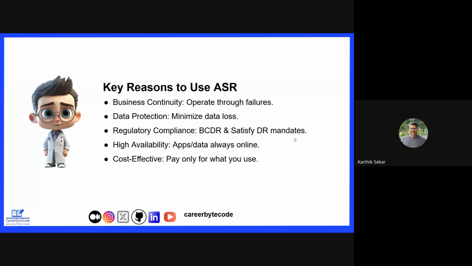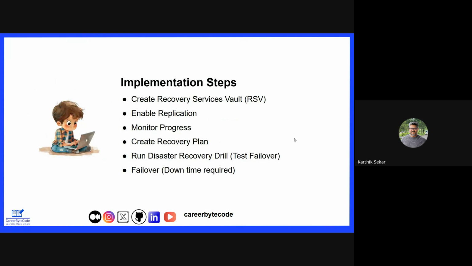You can select the replicate option, whether you want to replicate locally, regionally or globally. That is also one of the features ASR comes with. And then we are going to start implementing it. So I will hand over to Venkat, and he will walk you through.